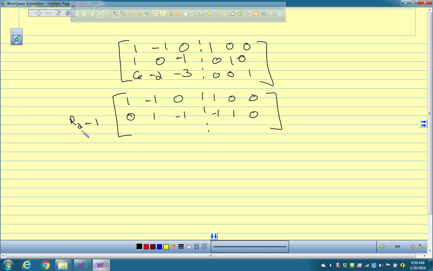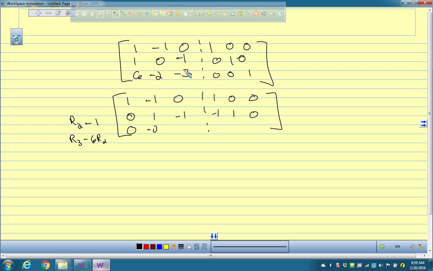Then, guess what we do to get this one down here? We want this to be a 0 too. How could I turn this into a 0? That's what I did. So you're going to take row 3 minus 6 times row 2. And if I do that, this turns into a 0. This stays a negative 2. 6 times this, positive 6, negative 3 makes positive, or negative,